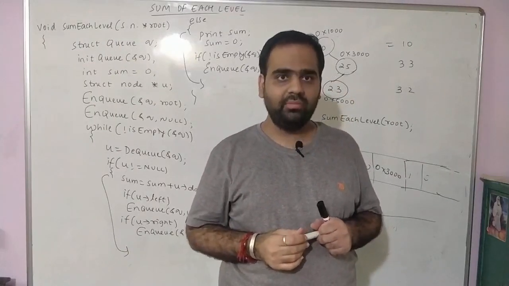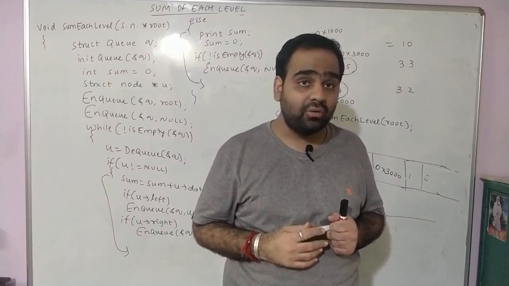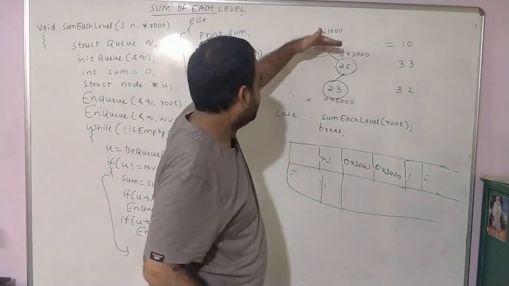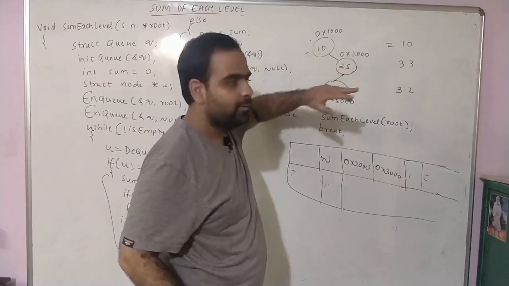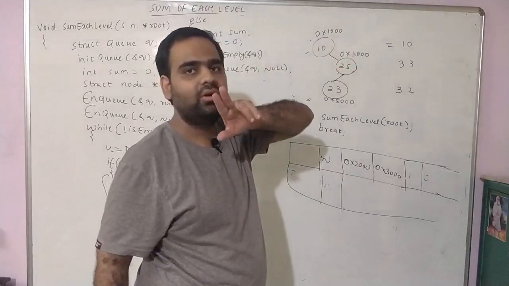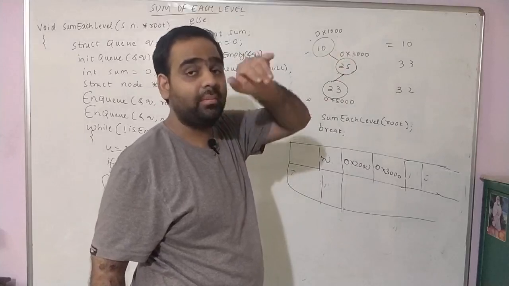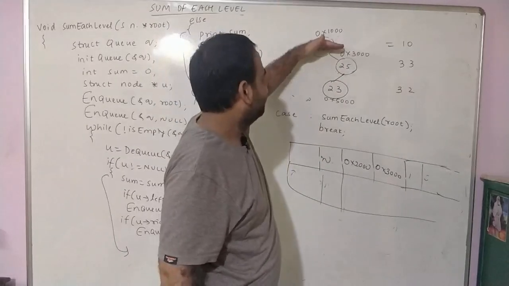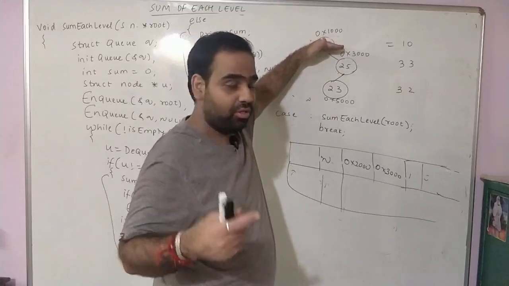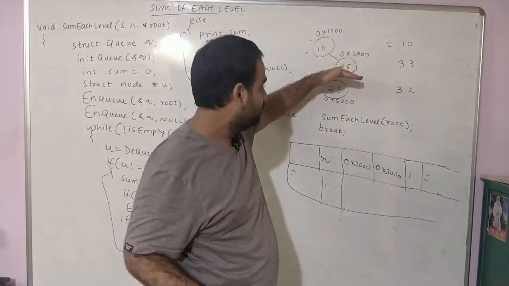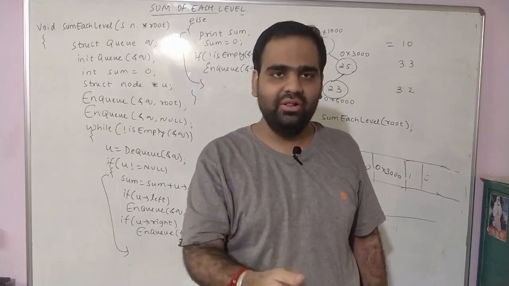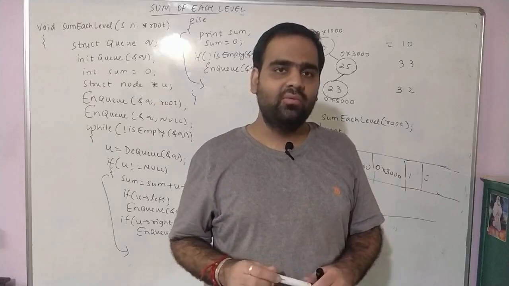Now, what is the assignment? The third assignment is you have to say how many levels there are. How many levels are there? 0, 1, 2. The maximum level is 2. I mean, the number of levels is 3. Sorry, it's not 2. The number of levels is 3. The 0th level count is 1, the first level count is 2, the second level count is 3. You have to count the number of levels. That's the third assignment.